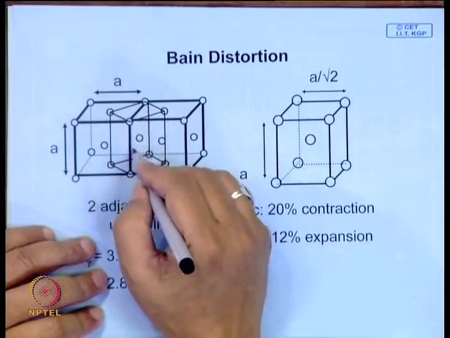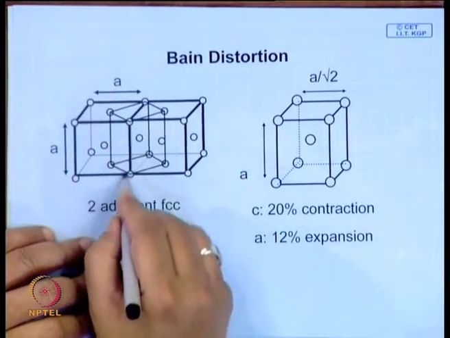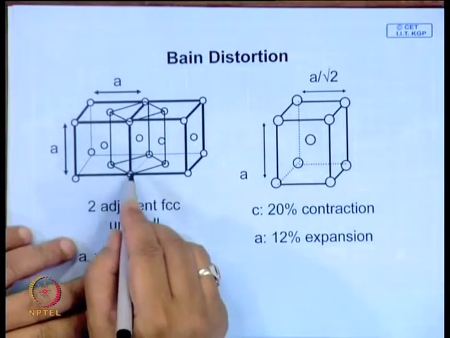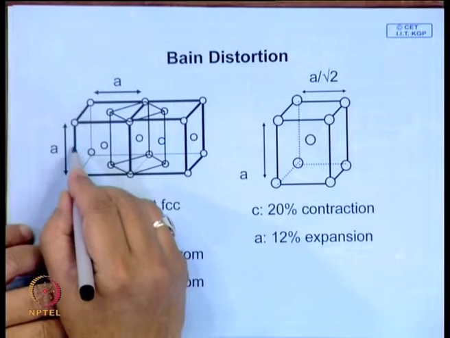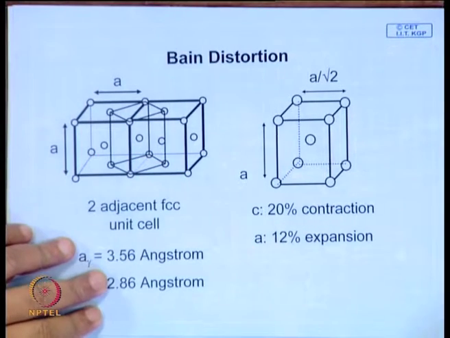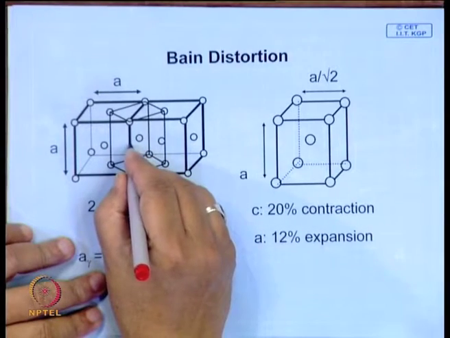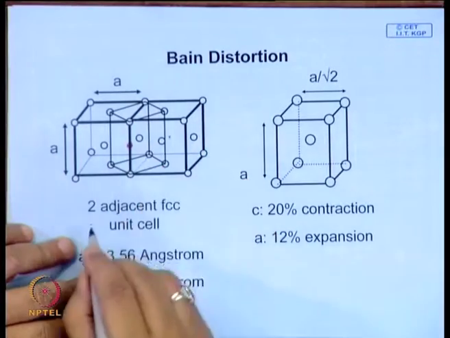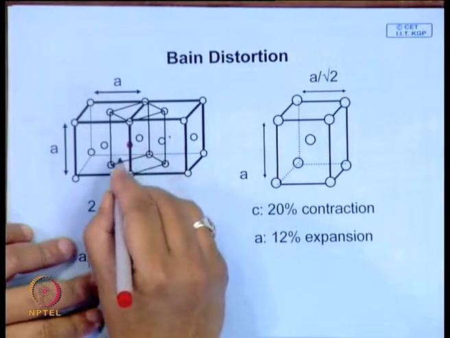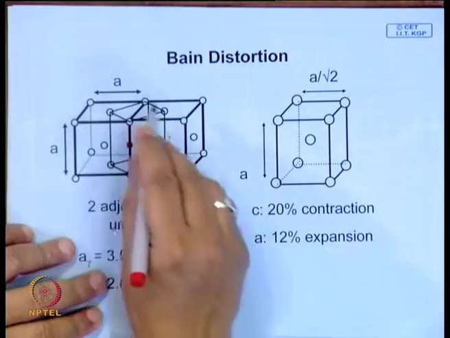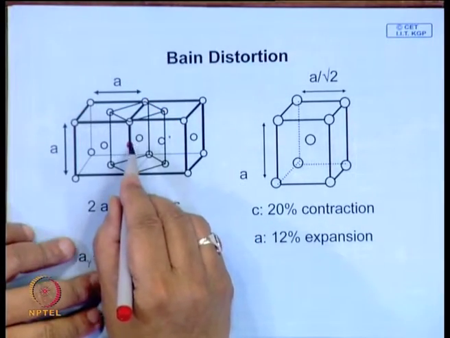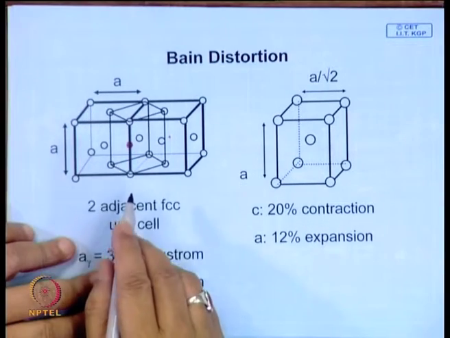Look at these octahedral sites. These are two neighboring face centered cubic cells which are shown over here, and these interstitial atoms will be present at these octahedral sites. Like this, one common octahedral site is the center of the face centered cubic structure. So, these are the octahedral sites, but mind you, only one in every